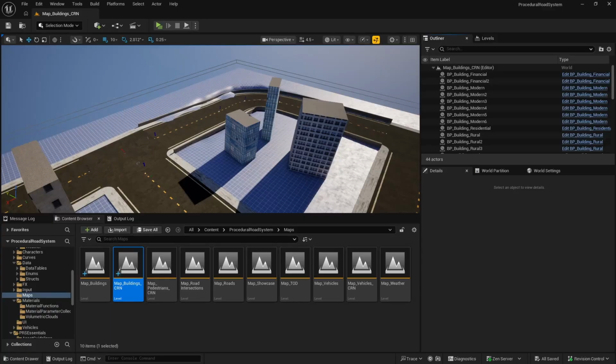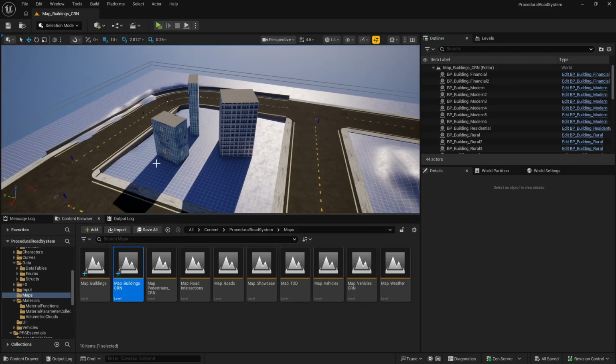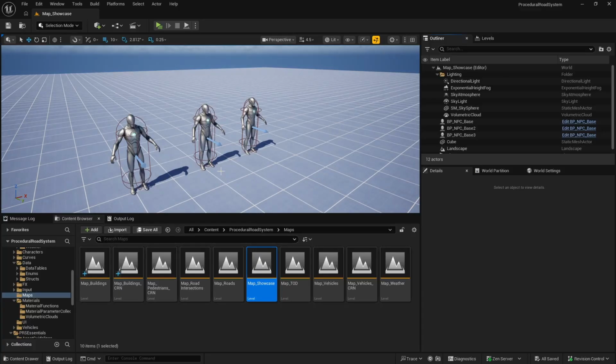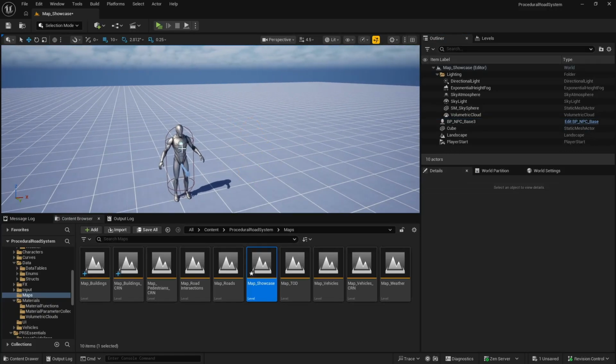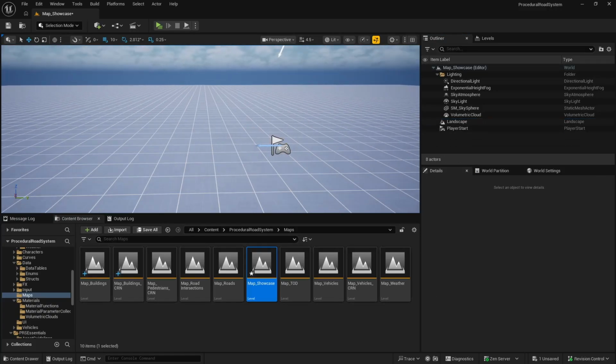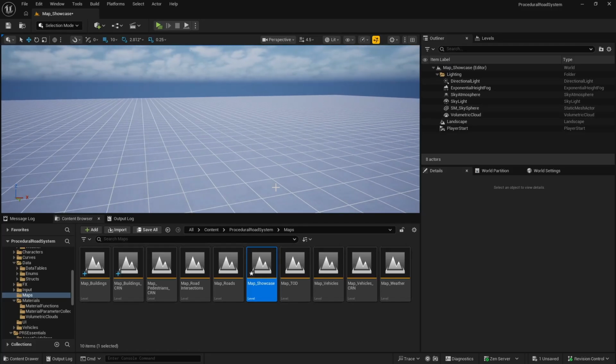Okay, so in this section, let's take a look into how we can create traffic lights and pedestrian road crossings. Right, so as usual, first let's take a duplicate from map showcase, but I would prefer to do some modification to this map showcase level, because since we're going to duplicate it multiple different times, it's better if we have some generic content, right? So let's just say I don't need these mannequins, and also